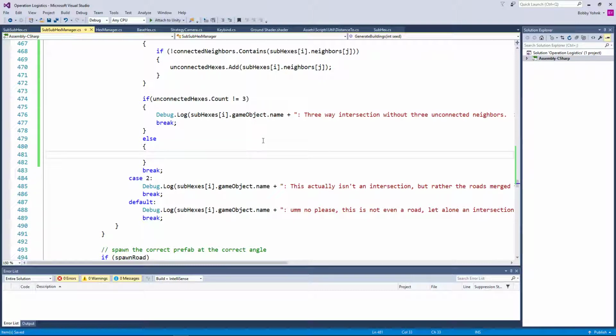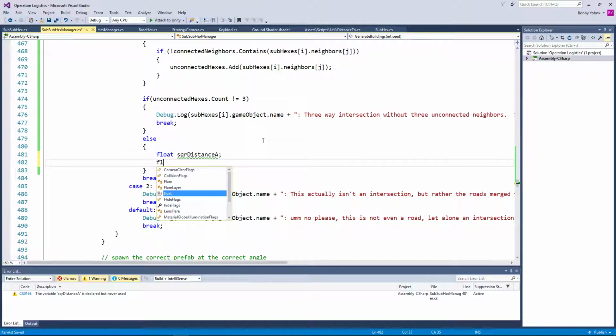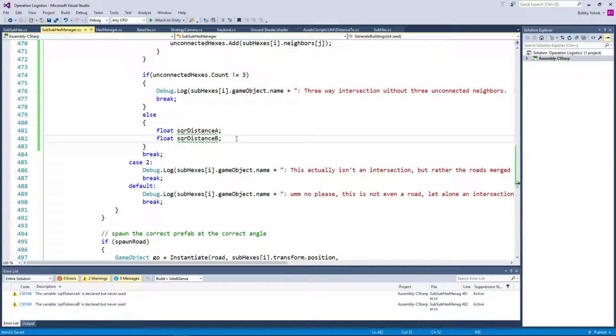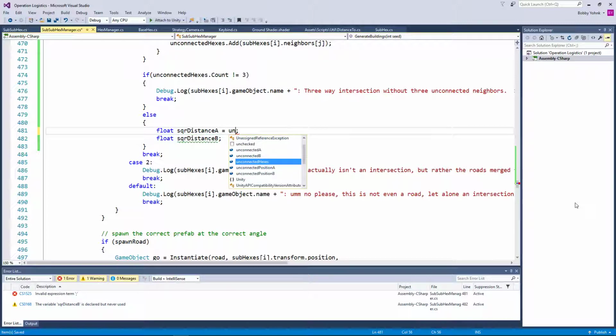So we'll say float square distance A equals, and actually I'm just going to declare it for now, and also float square distance B. Okay. So now we'll be able to determine what our distance here is. So square distance A should then be equal to, and we'll call this unconnected hexes